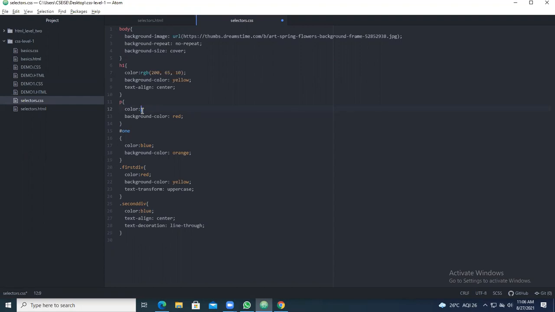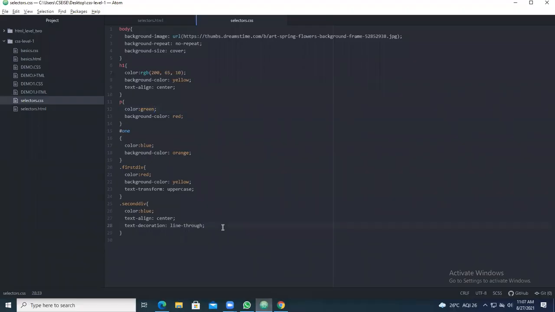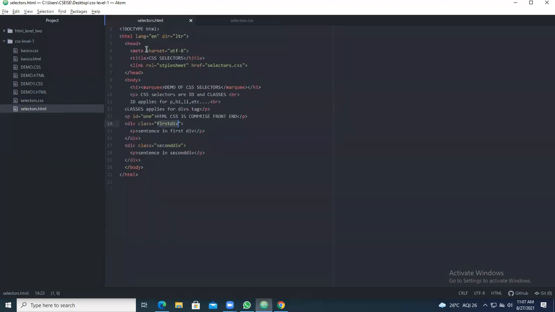So this is the settings what we can give. This one you take, if you give green, will it be applied? Is color green available? Yes, green is available here. You can see the contents like this. So this is the CSS selectors. That means in place of headings or tag names, you can have the names of the attributes also. What are the attributes of p tag? Attribute of the div tag is class, attribute of the p tag is id. Which are the two selectors? One is id, the other one is classes.